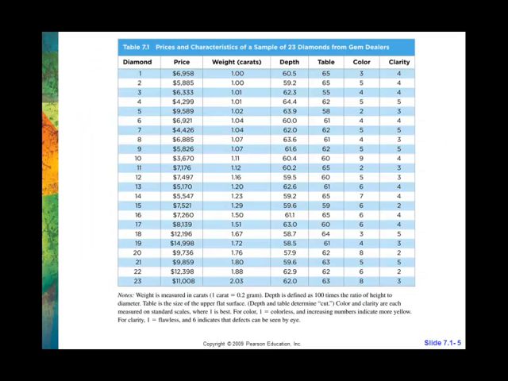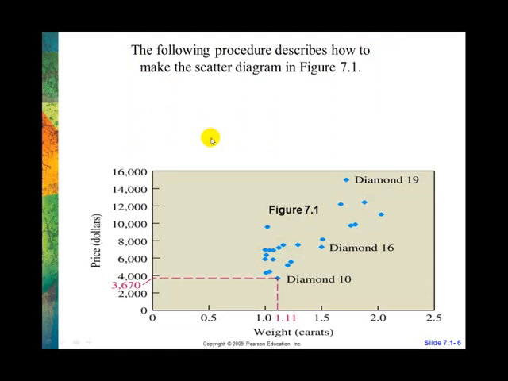And here's an example. What they did is we have diamonds. This is in your book. They have 25 different diamonds, and they have the price and the weight in carats, the depth, the table, the color, and the clarity. And so we're going to graph some of these to see, does price depend on certain things? And so the first one they do is